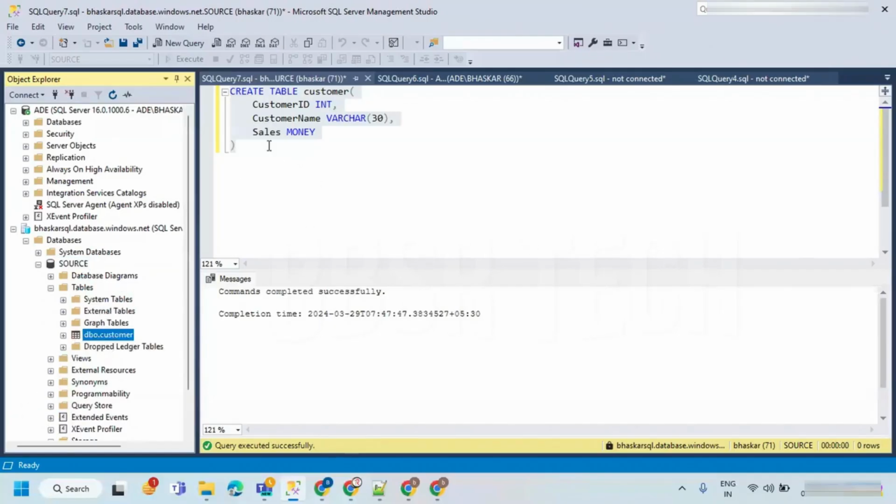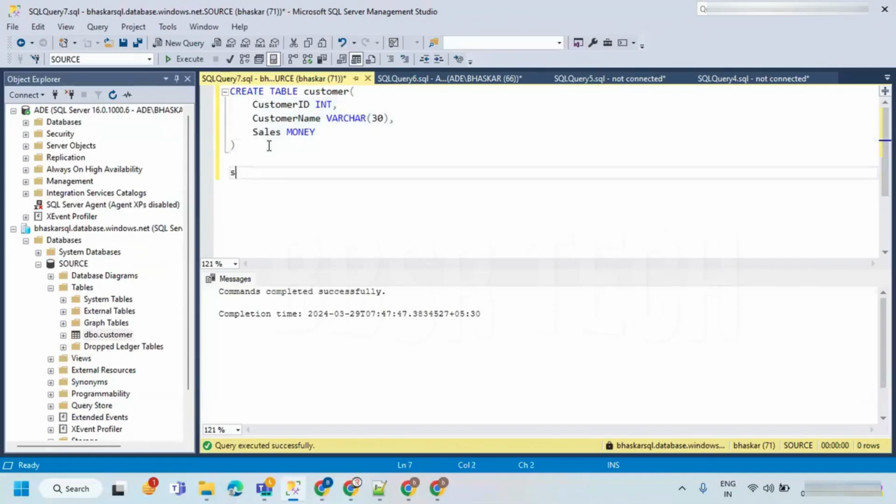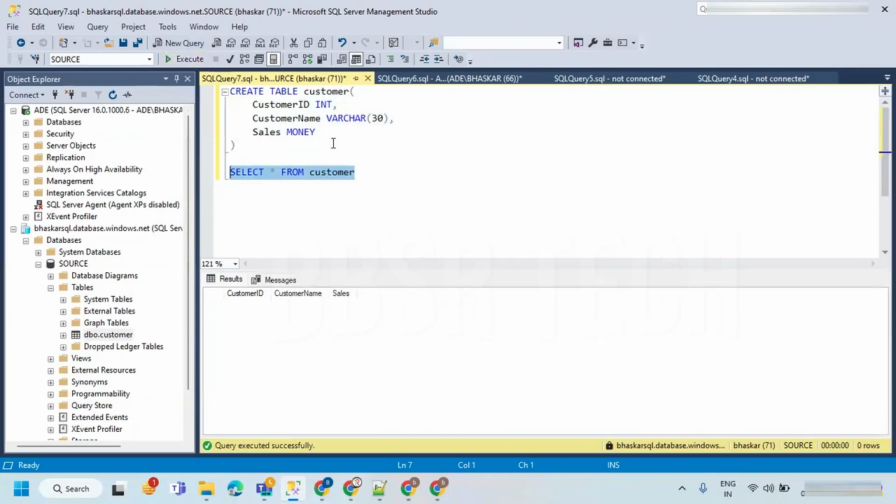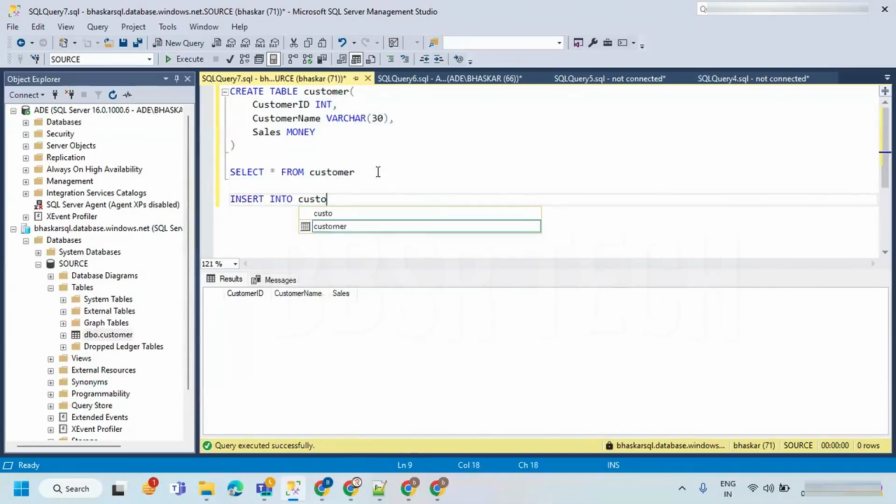Now, if you want to read the data from the customer table, then we need to use select star from customer. We already came across this customer, and I wanted to feed the data into this table. Insert into customer values 101, customer name is Oscar, 2000, and you can give it with the comma separator.